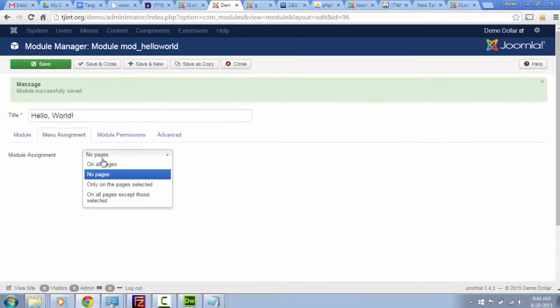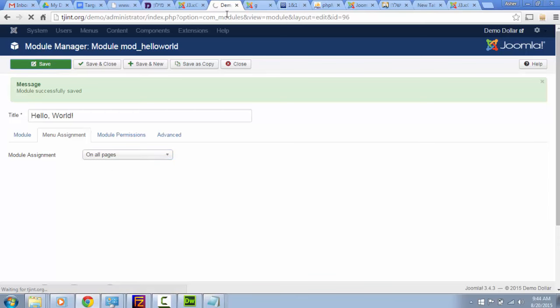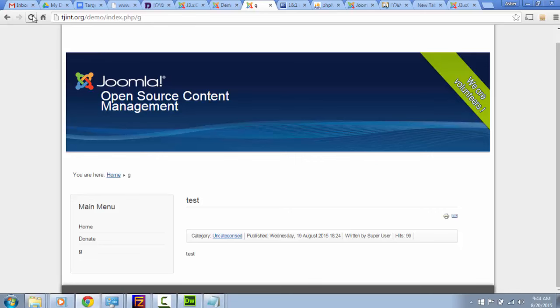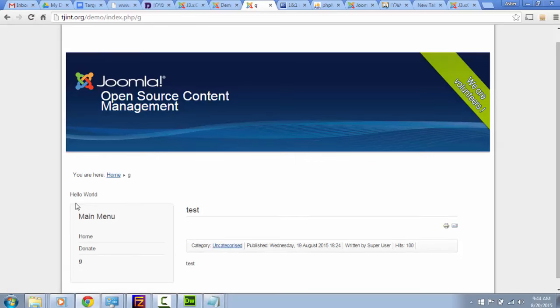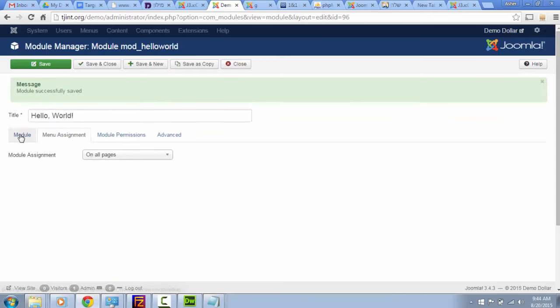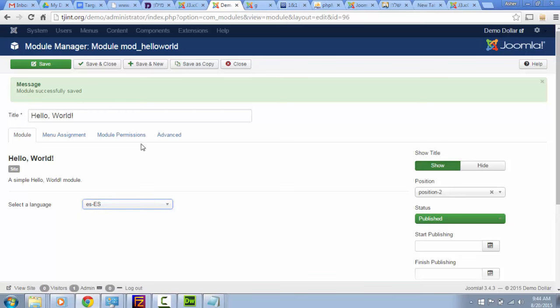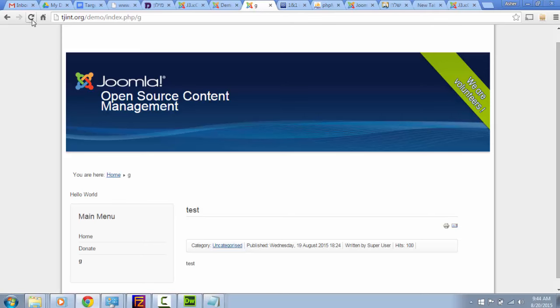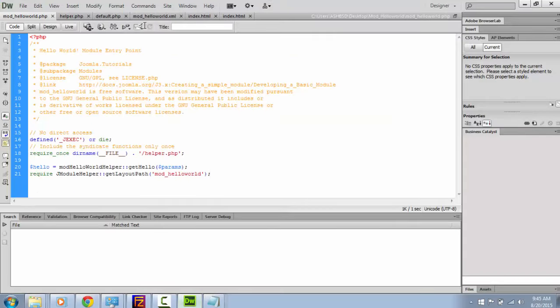Menu assignment on all pages, or you could define it how you like. Save again. Refresh. Beautiful. It's over here. Let's go ahead and change the language to Spanish. Save. Refresh. Beautiful. Here. Okay, now if we didn't change, let's see, if we didn't change,